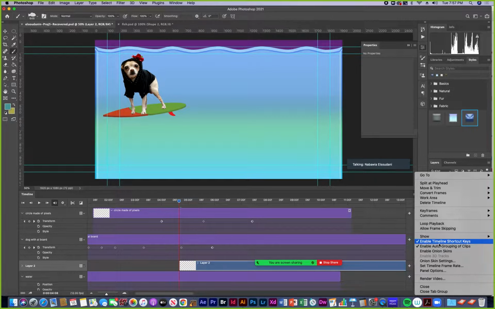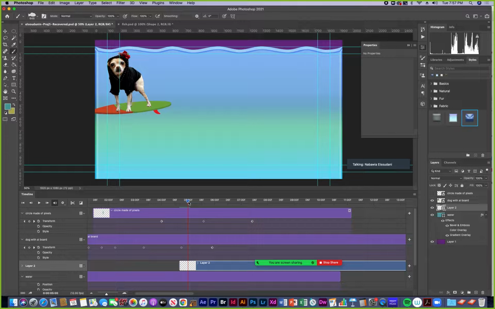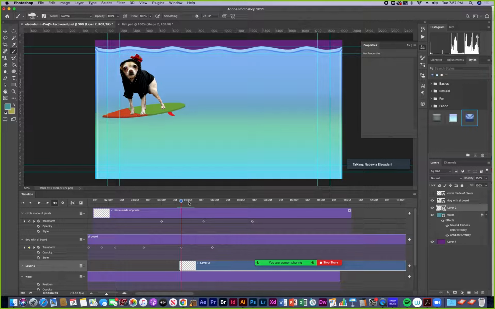You want to make sure that you choose enable timeline shortcut keys for this. It's very handy. So now let me try that again. So now as I use my arrow keys, I can move my playhead forward and backward just tapping my arrow keys.